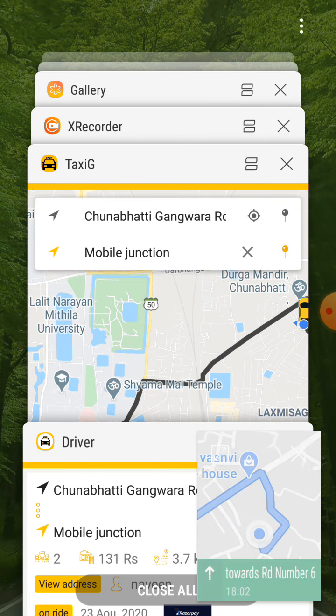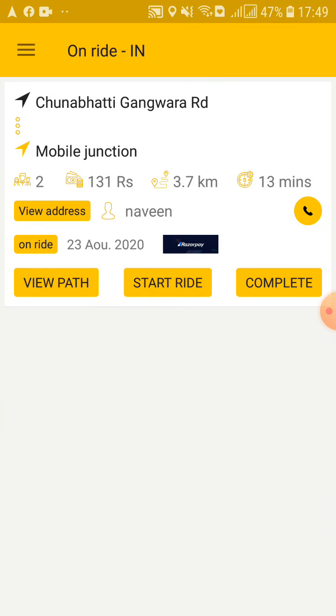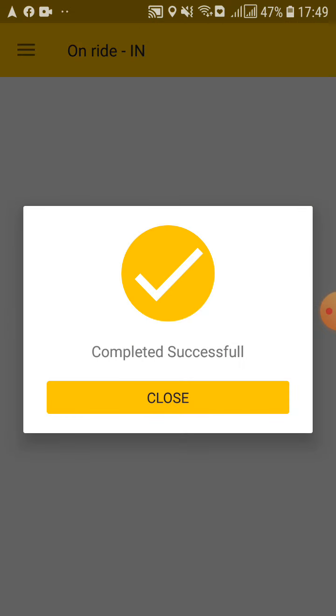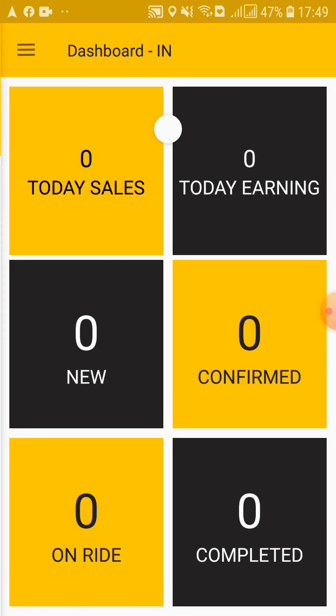So we just close this Google navigation and come to the app page and click to complete this order. To complete this order, you just click on the complete button and click on yes. After clicking on the yes button, just close this. And what happened, you see on the dashboard that your sale has increased.